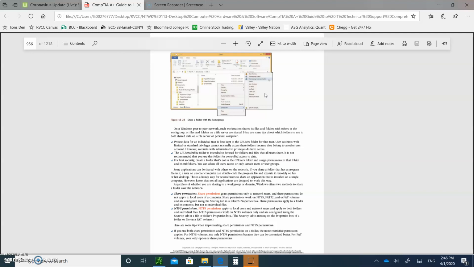Shared permissions work on NTFS, FAT32, or exFAT volumes and are configured using the Sharing tab in the folder's property box. Shared permissions apply to the folder and its content, but not to the individual files. Okay, I want you to write at least the first sentence of each of what I'm talking about. NTFS permissions apply to the local users and network users and apply to both folders and individual